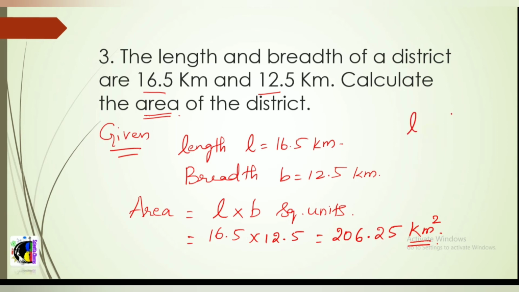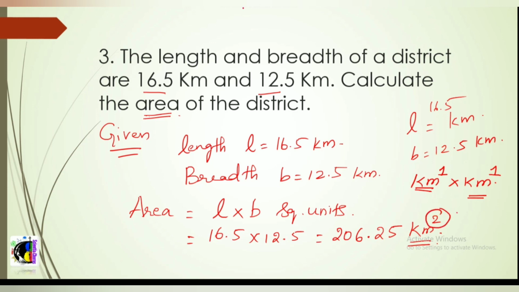For length they have given us kilometer, 16.5 kilometer, and for breadth 12.5 kilometer. Now kilometer into kilometer. Generally this will be considered as base, and whatever we are mentioning here will be considered as power. So base will be common. Now kilometer and kilometer is common, and for the power, we don't have any number over there, so we are considering it as 1. Whenever the bases are common, you need to add the powers. So 1 plus 1 you'll be getting as 2.